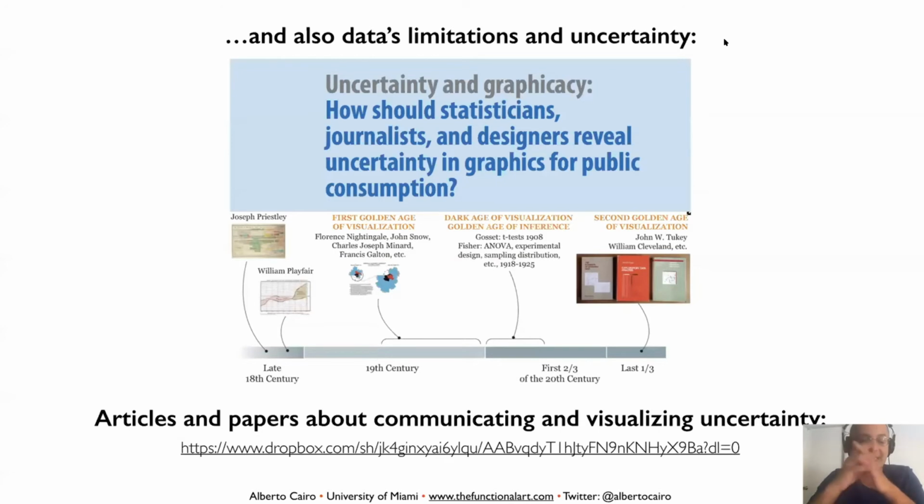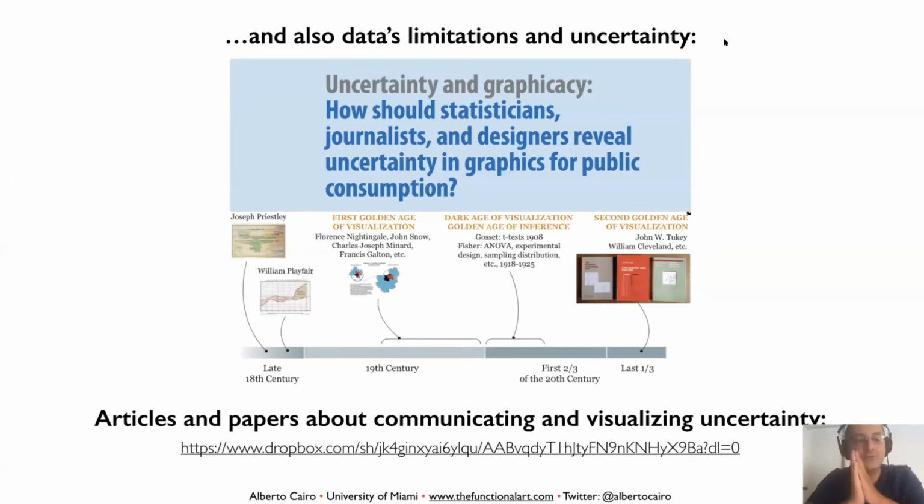Right? This is just an aside. The problem with charts sometimes, and this is something that I address in How Charts Lie, is that they look very sharp, very precise, very accurate. Candidate A is having 45%, candidate B is going to have 42%, and it seems that candidate A is higher than candidate B. But then you discover that the confidence interval around those numbers is very wide, right? So that is the uncertainty. That uncertainty, in that case, that confidence interval, needs to be shown and it needs to be explained, because if the difference is so small between those two candidates, it's probably just random noise, right? There's really no difference, right?